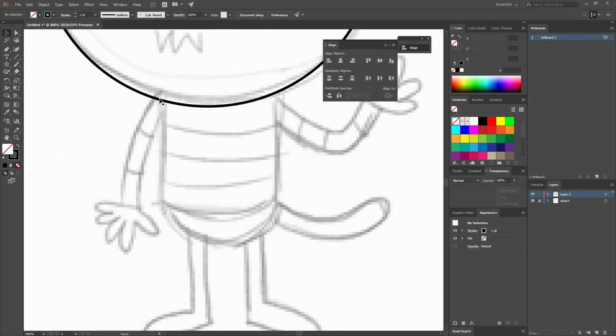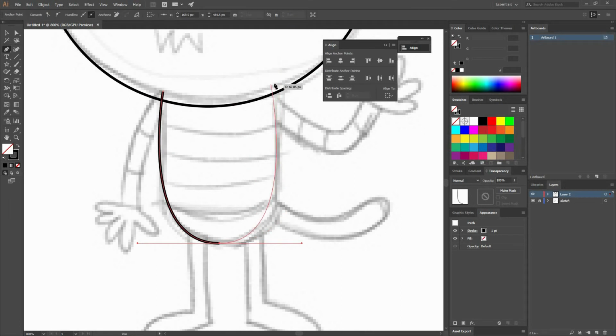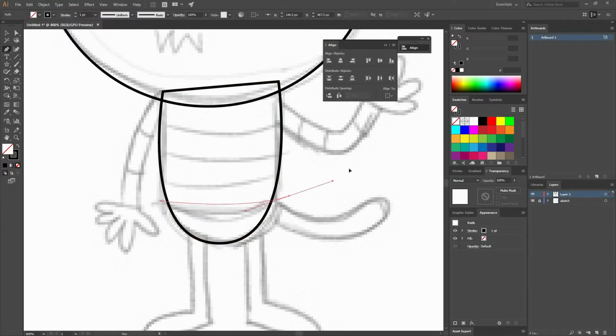Now we're going to keep working, building these different shapes. So I'm going to go to my pen tool or press P. I'm going to make a point here, another point right there in the middle, or kind of in the middle, and then just make another point here. And this is going to be my body. Then I'm going to make a line and just move it a little bit.